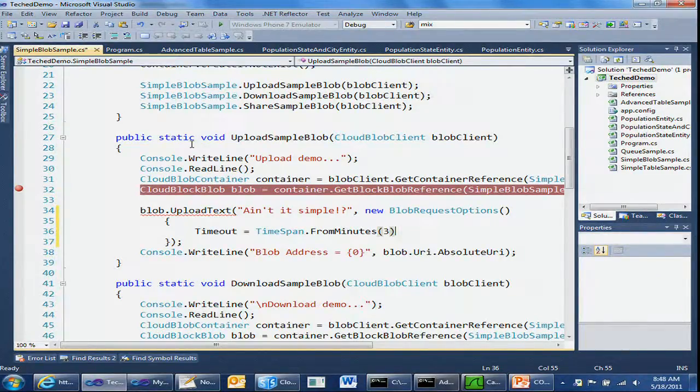So this is one of the things that you would have to do depending on the size of the file you're dealing with. So you need to change your timeout. The blob request option also has retry policies that you can set. And the retry policy can be set on the blob client itself rather than